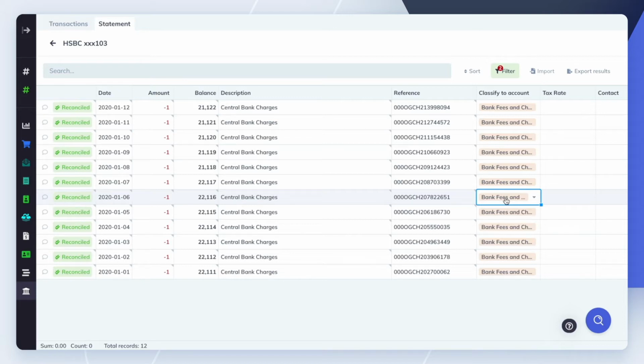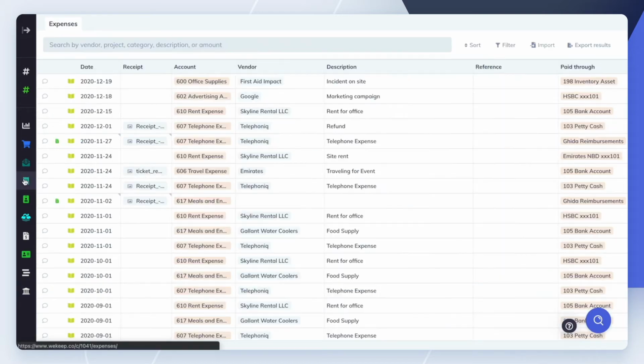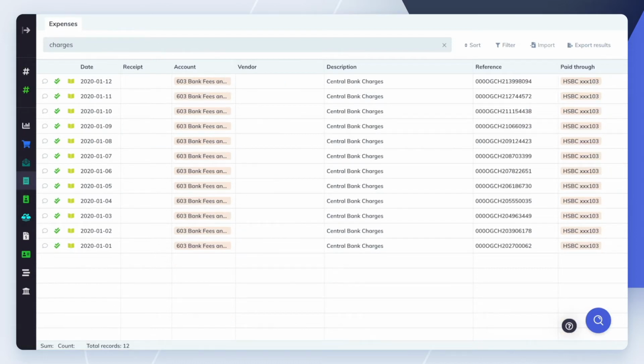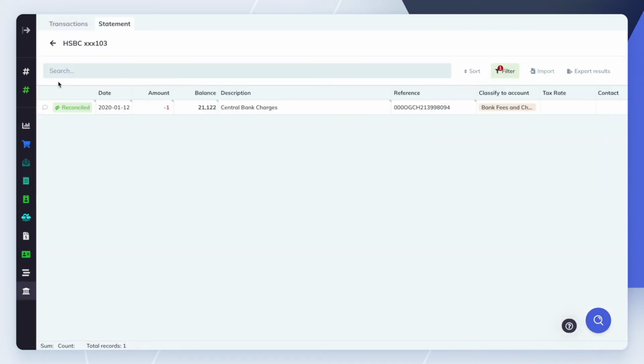If you go back to your expenses sheet, you will see that WeKeep automatically created all of these transactions as expenses paid through the bank account, and they have been reconciled with the green double tick. If you click on the green double tick, WeKeep will take you back to the bank transaction that originated that